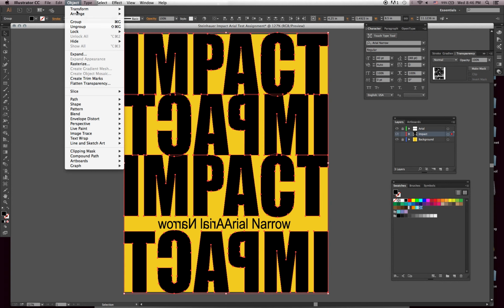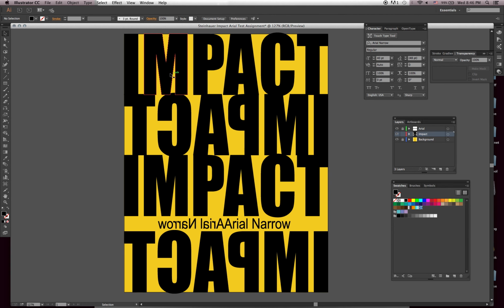And I'm going to go to Object, Ungroup. Now they're all kind of individual letters. So what I'm going to do is, I'm going to color these. Let's give them like a bright red. And I'm going to color the ones